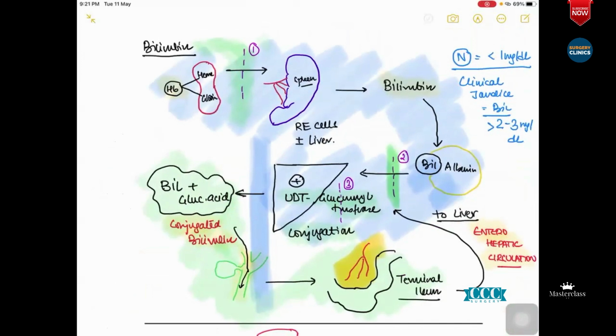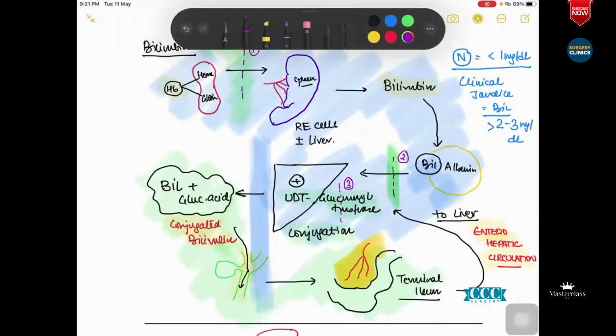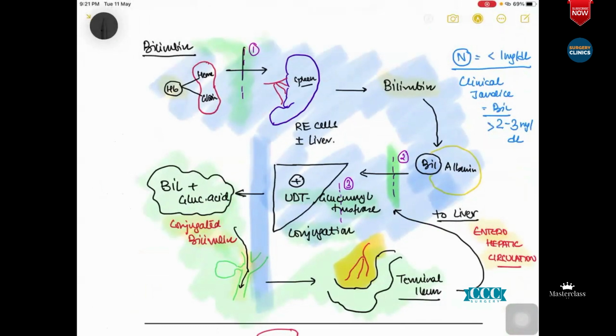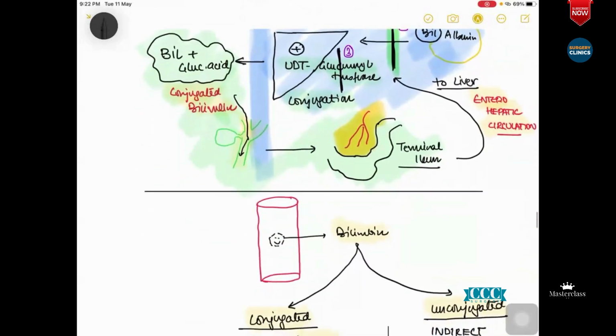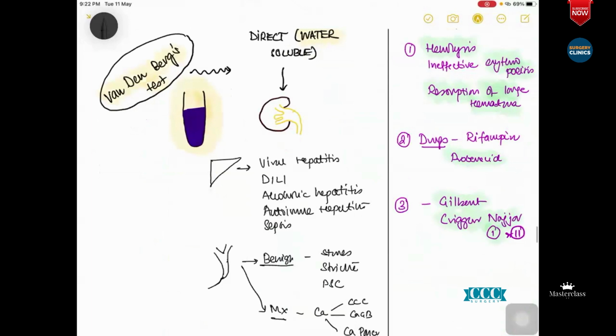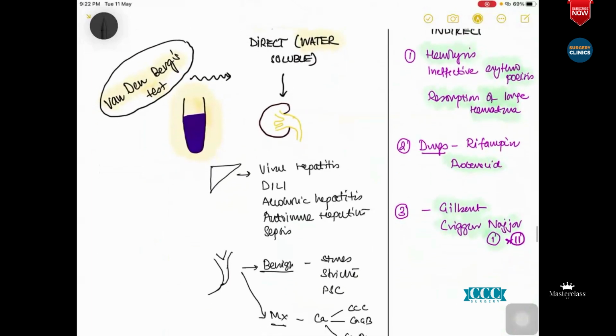You should see this point number 1. See this part of the cycle: you have hemolysis over here, so you will get increased unconjugated bilirubin. Again, if the bilirubin is not transported to the liver properly due to some drugs, say rifampin or probenecid. Number 3, if you have a defective conjugation, like Crigler-Najjar and Gilbert syndrome. So this was the thing.